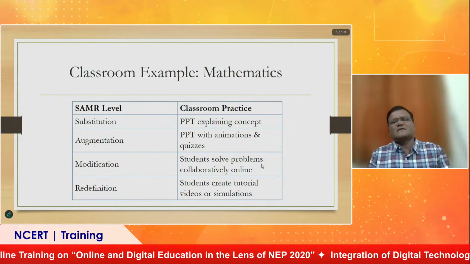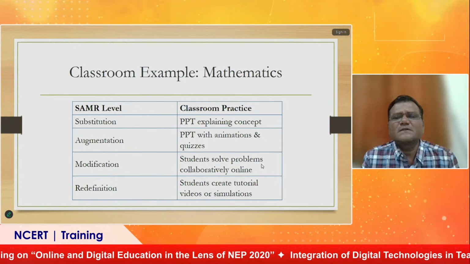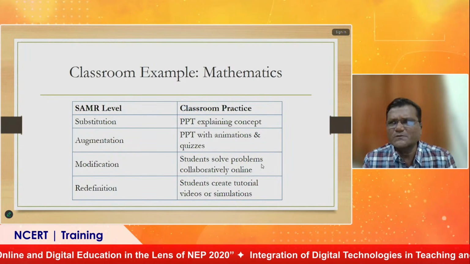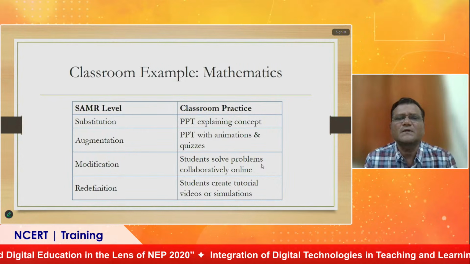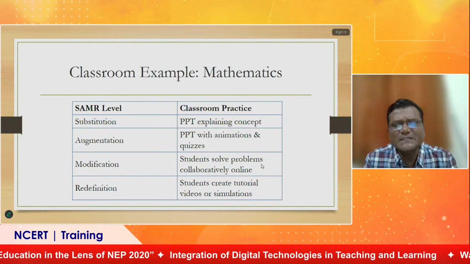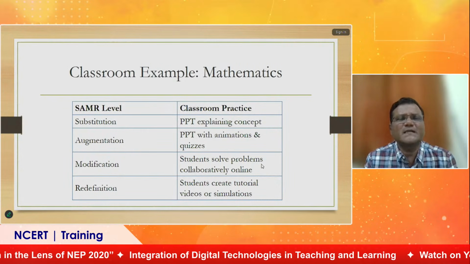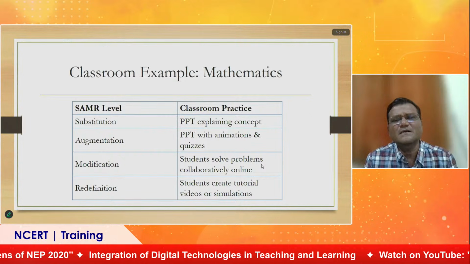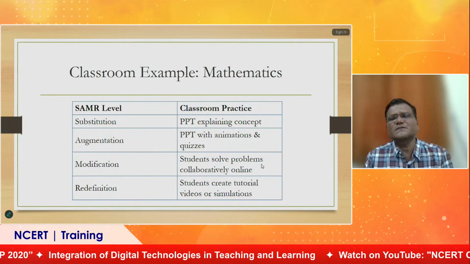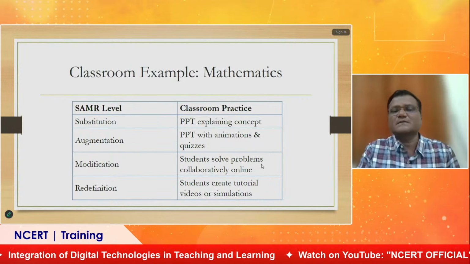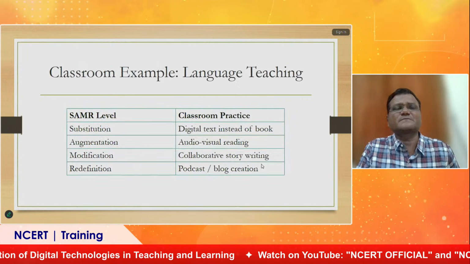So earlier I spoke about the meaningful or thoughtful selection of the tool. For this purpose, to achieve the aims of SAMR, we must select these technologies very thoughtfully. Then only it will be effective.